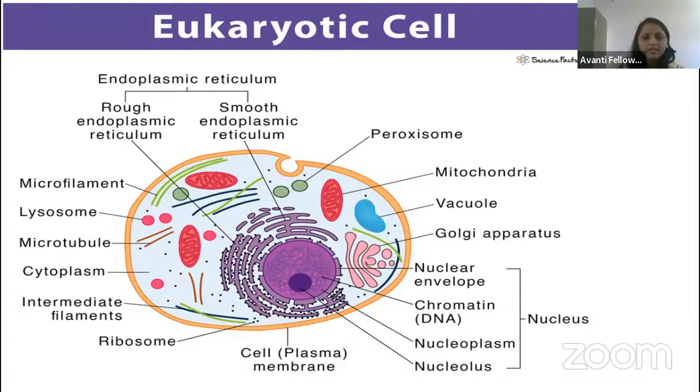We know that the eukaryotic cell has an outer boundary which separates the cell from the outer environment, right? So what do we call that, guys? Plasma membrane, right? The plasma membrane separates the internal environment of the cell from the outer environment. Now we will come inside. What things are present in the eukaryotes? All the membrane bound organelles, right?